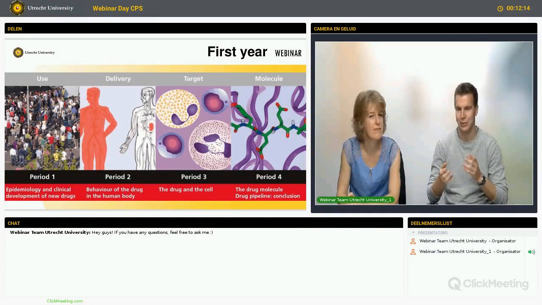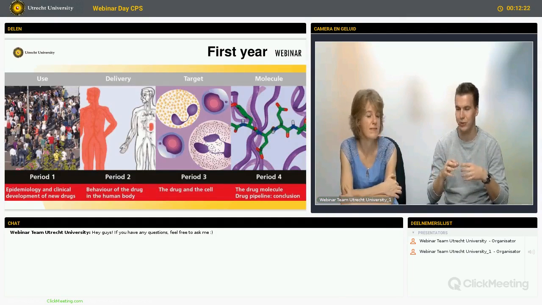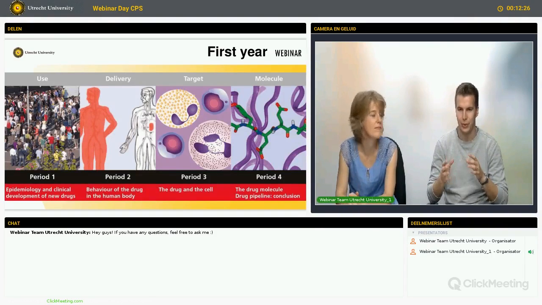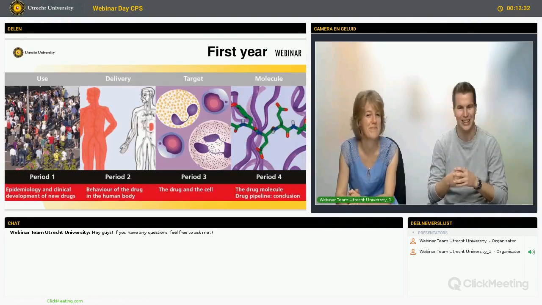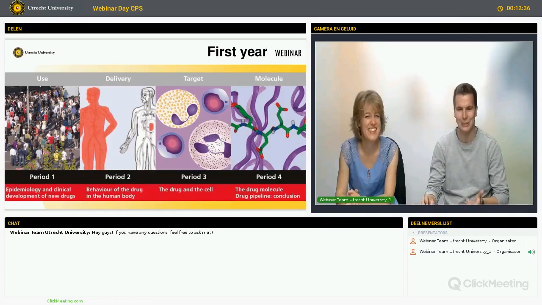And then the fourth block is about really looking at the molecules we can use and how we can build up a molecule, target this towards one of those cells, and then how that can be effective in treating a disease. So on that one, you'll actually have to design your own molecule and then market it to the entire course. It sounds daunting, but by that point, you're quite used to it.